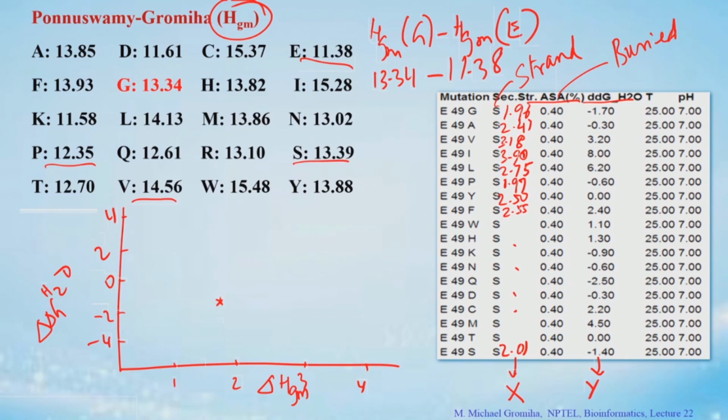And the second one 2.47 and minus 0.3, somewhere here. And the third one, this is E49G, 3.18 is somewhere here, E49V somewhere here. So, you can plot all these 20 values and then you see there is a good